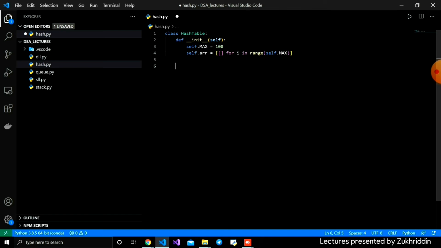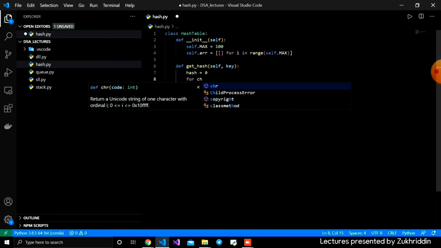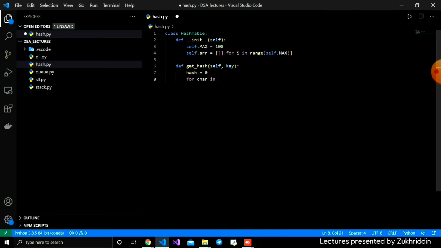After that I'm going to create the get_hash function, the hashing function. First I define the function get_hash, which takes the self parameter and also key. It takes the key and returns a number, which is the index of where we are putting our value. Firstly I'm going to create a variable hash equal to 0. After that I iterate with a for loop over the characters of my key. The key can be a string, for example, or anything. I'm just iterating it,